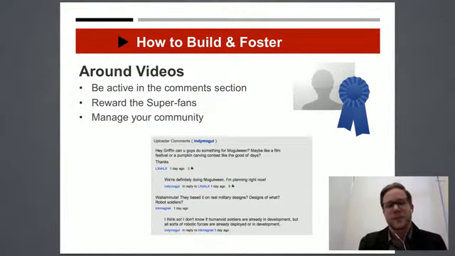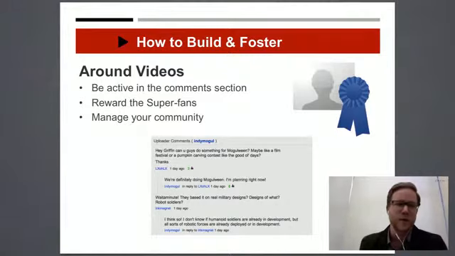So rewarding superfans is really important too. I think both the examples I showed are really great examples of that. But as part of any community management strategy, it's finding who are the power users, who are the most loyal, and what extra perks are you giving them? Are you giving them more responsibilities to help you manage forums? Are you just sending them little stickers to say thanks? But it's really important to identify those most important community members and give them a little extra support and interaction as much as possible.